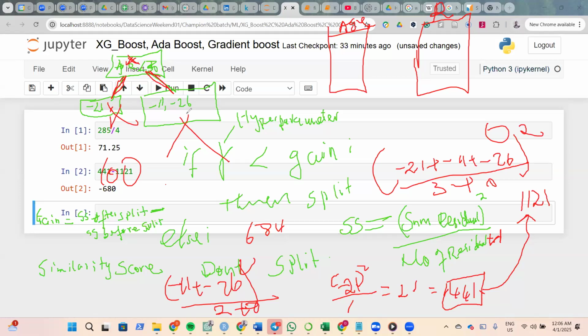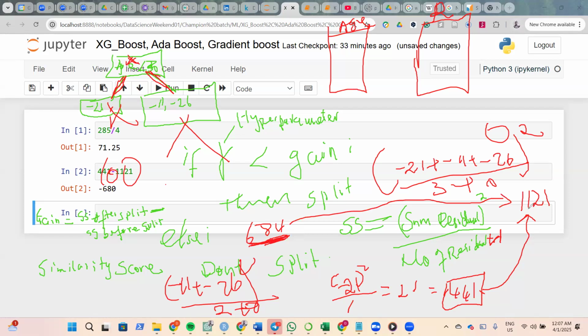Now let's calculate this other side. When we calculated this other side, we had 680, right? We had 680. Is that correct? 684. And so we took 684 minus, this is the sum of residual after split, I guess. Yes. This is the similarity score after split, right? Minus